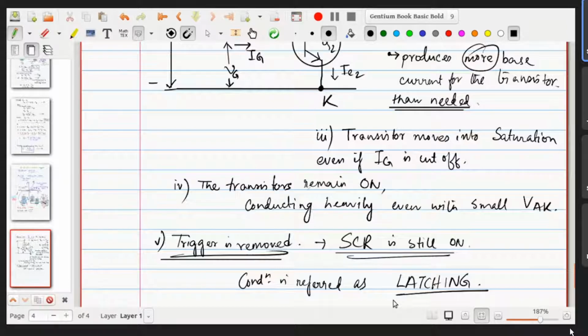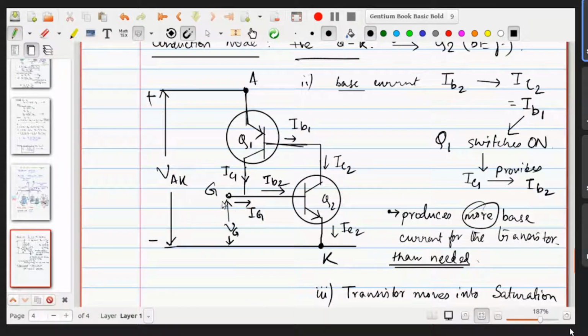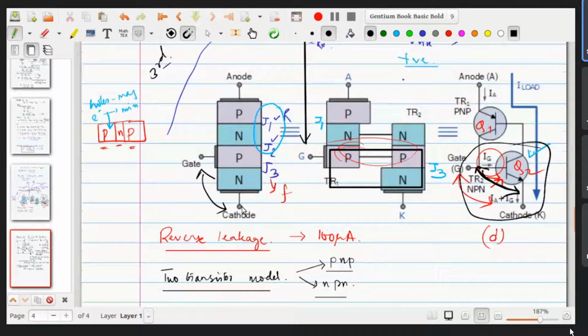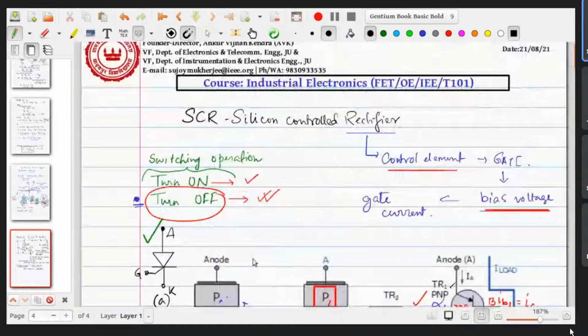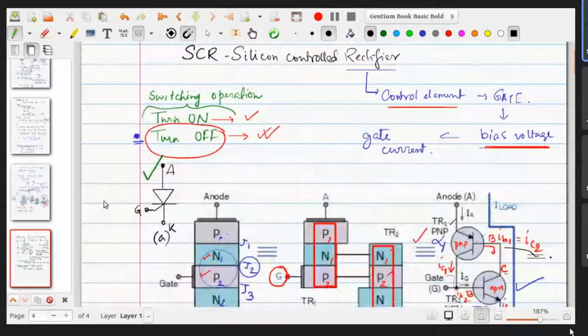The main triggering point, what was that? What is the original motive? No one remembers. But then things are going on. This is something which is referred to as latching. And this is very important for SCR. Now you see what is the critical point. Because you have removed the trigger, the original triggering point, that is your gate. As we drew in the main circuit diagram at the very initial point, this was our main circuit point.